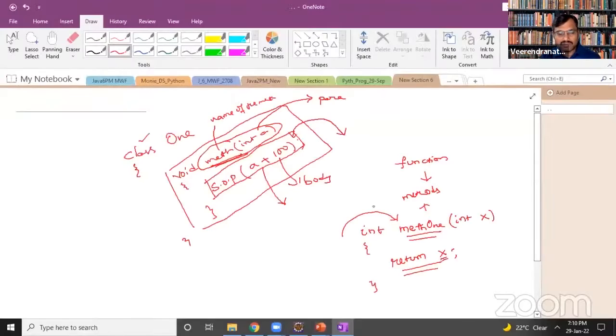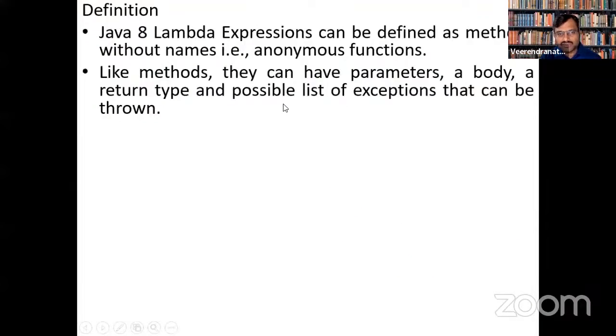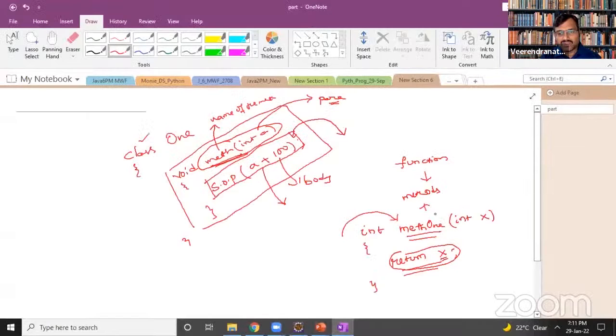Traditionally, you can have a method with a name, with a parameter, and with a body, and that body may also contain a return value. Your anonymous functions are no different. They can have parameters, a body, and return data. It is also possible that they throw exceptions.